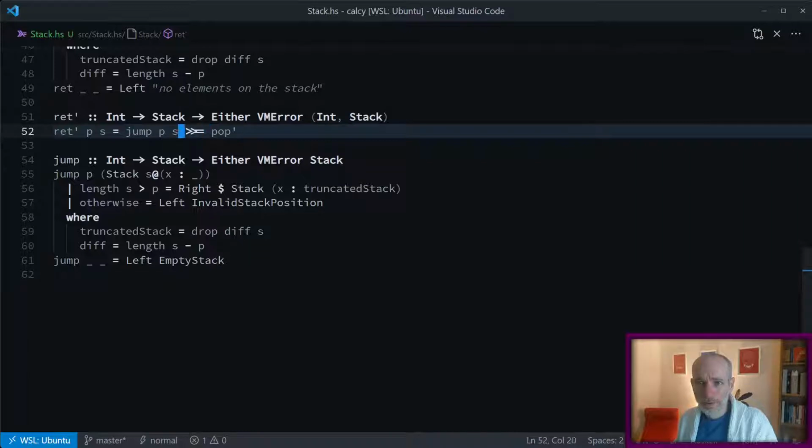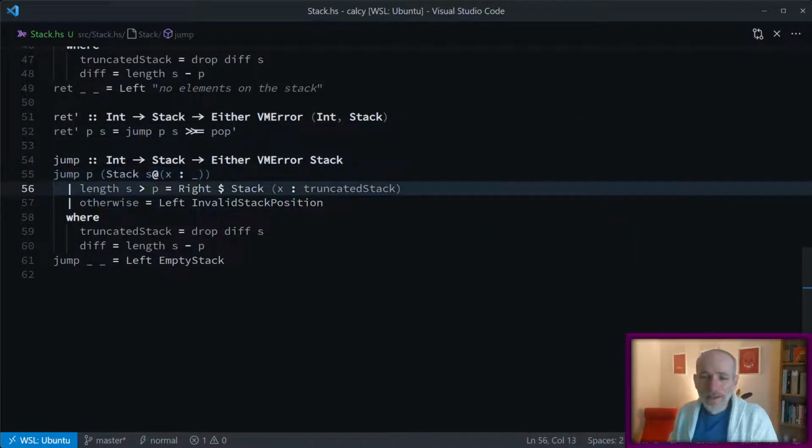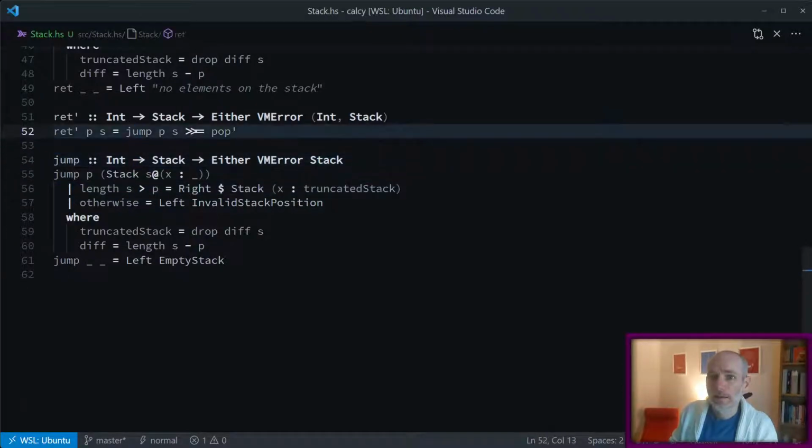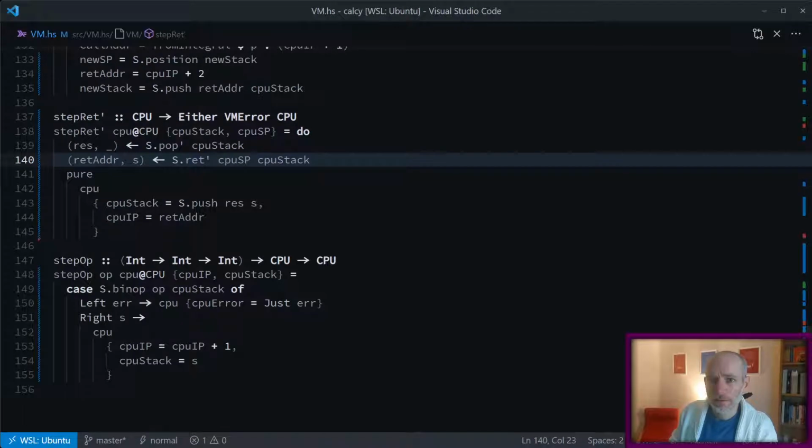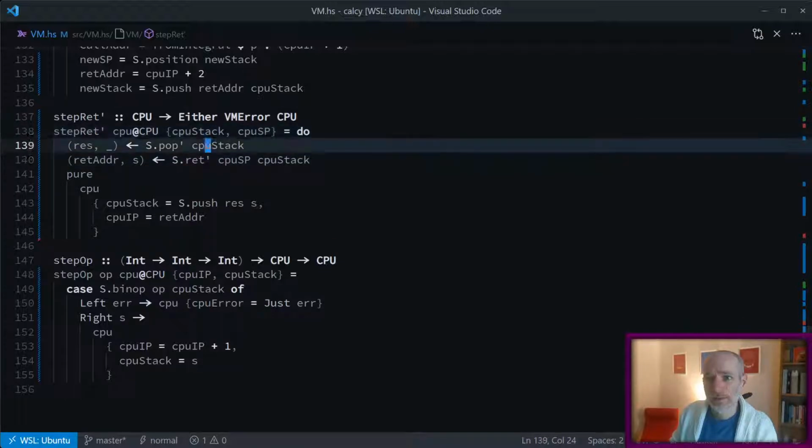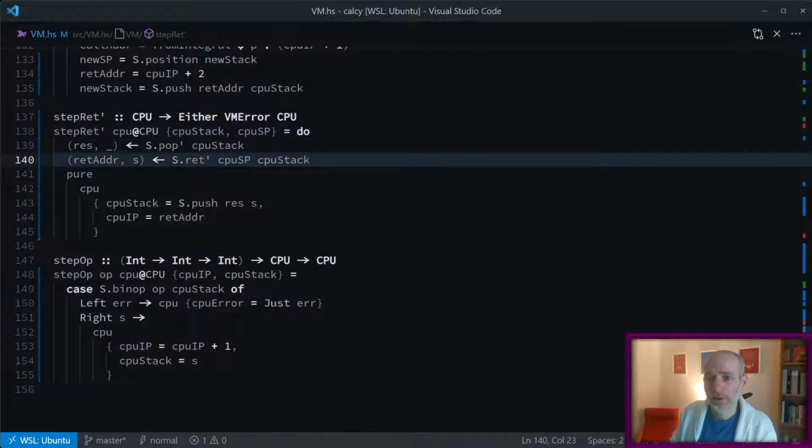And then a pop. Okay. And the jump is saying position here is 2, is that right? So return pointer and stack, and the pointer is the current stack pointer. Right, okay. The current stack pointer